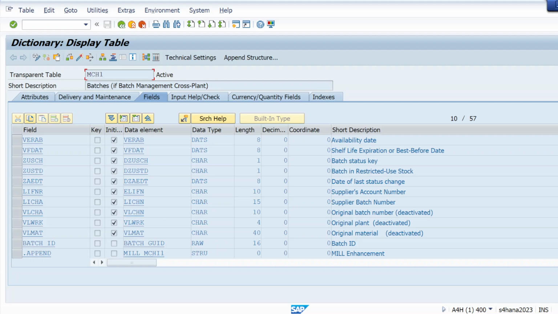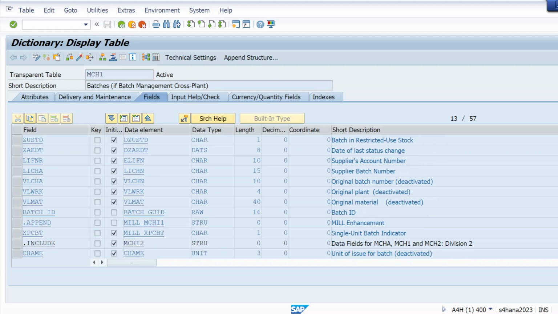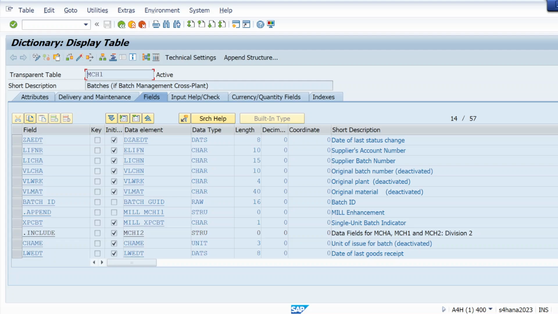Okay, so these are the characteristics that we are going to create, that we are going to use as a field name. So let me show you how we are going to do that. Then we will come to custom and standard characteristics. Okay, so first let me create a characteristic.